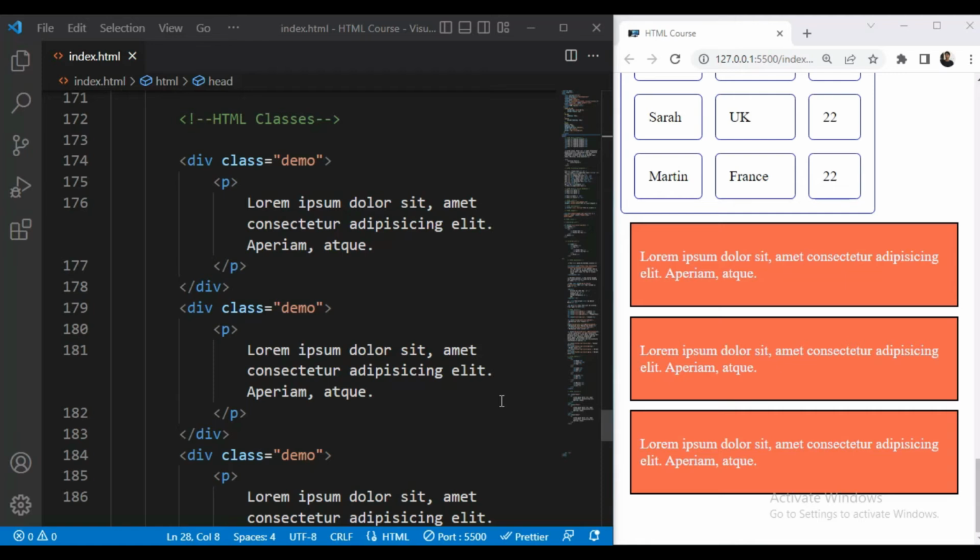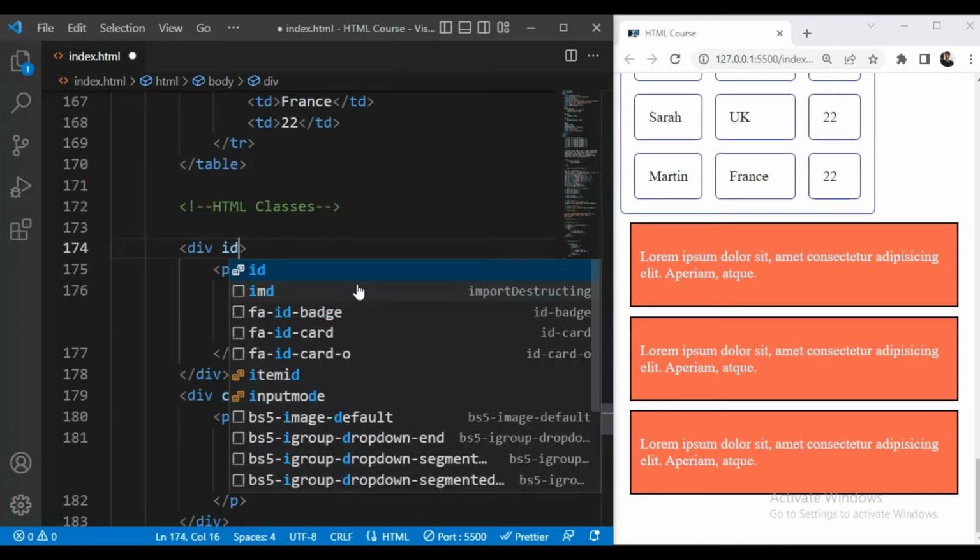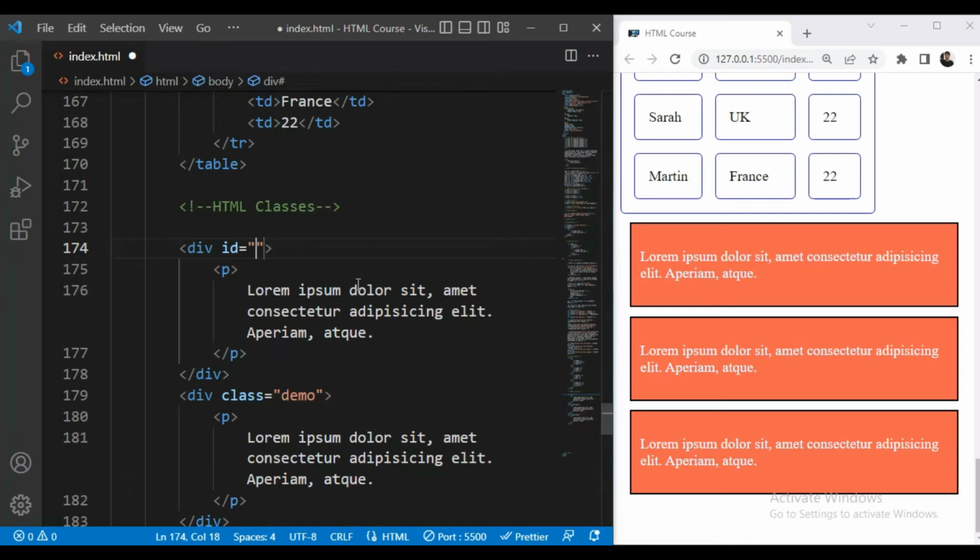So we can provide the same class name to the multiple elements, but in the case of ID you can provide only one ID to a single HTML element. The ID should be unique. So for example, here instead of class, I'll give ID, and we'll give the ID, for example, test.